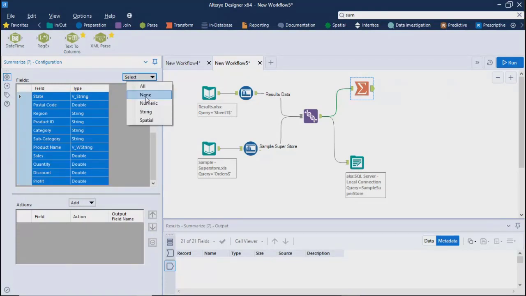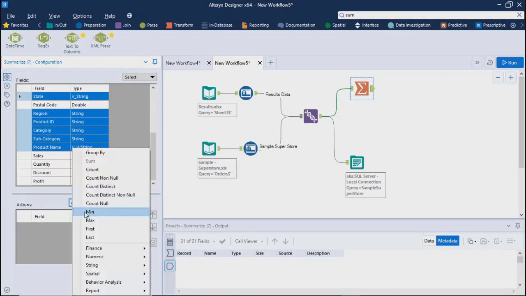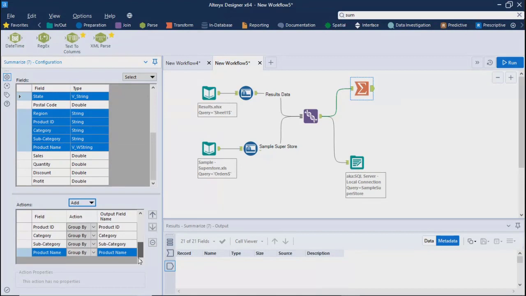Let me select string fields only and group by. So what we just did, we have taken all our string fields.